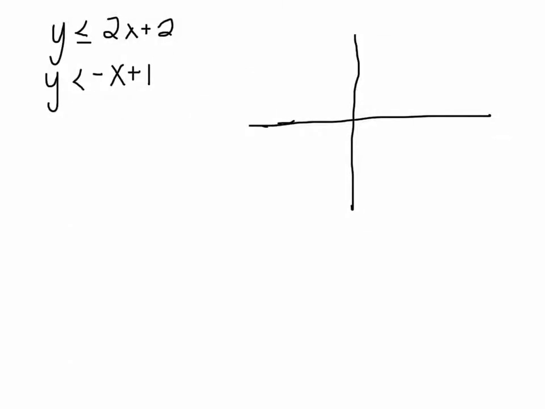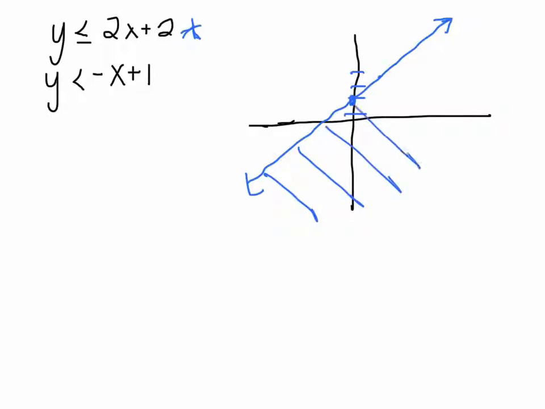To solve the system of inequalities, the first thing we're going to do is graph this line. So at 2, I'm going to draw a dot, then go up 2 over 1, up 2 over 1, and make a solid line through those. It says y is less than, so I'm just going to shade less than. Then I'm going to graph the second one